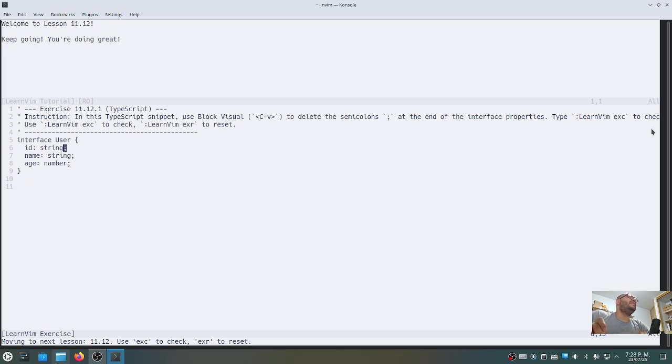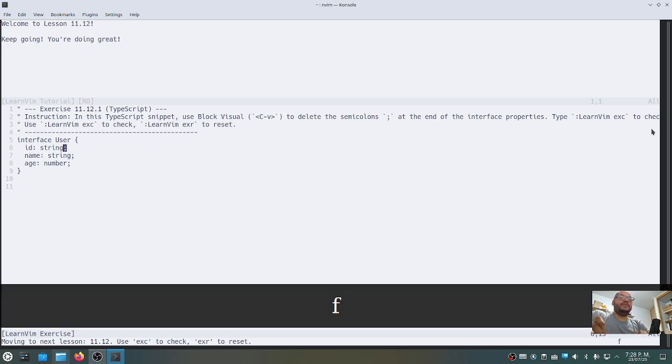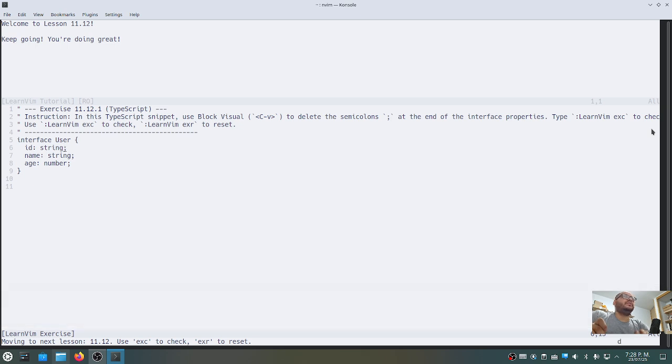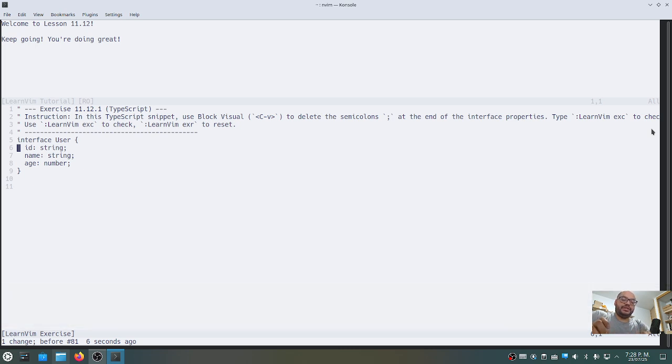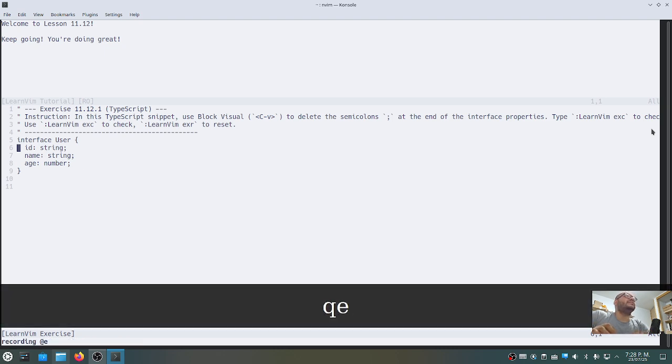So as the whole file allows me to do the trick, what I have to do, let's say F, no, F colon, no, F semicolon B, W, J dot, oh no, this didn't work. It could be a macro. Let's record a macro to do that. If you have another idea, paste it in the comments. QE